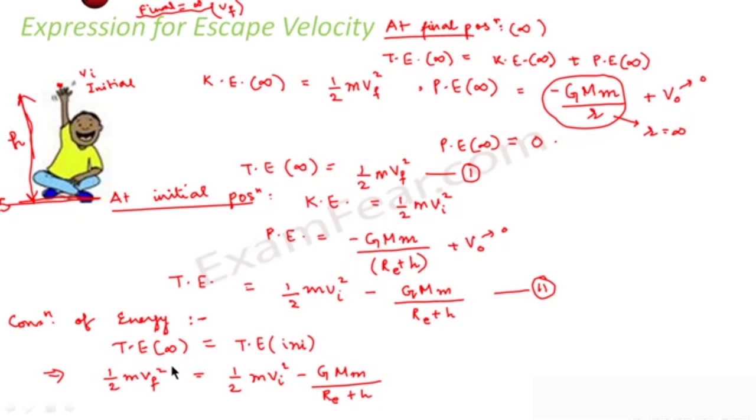Now from this we can see that if you look at the left hand side of this equation, this value is kinetic energy, and this value has to be positive. This value can never be negative, right? Because it is half m v f square. No way the velocity can be negative, no way the mass can be negative. So this entire value, the kinetic energy, will always be positive. Therefore, LHS has to be positive always. It can never be negative.